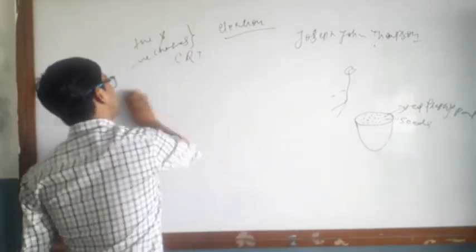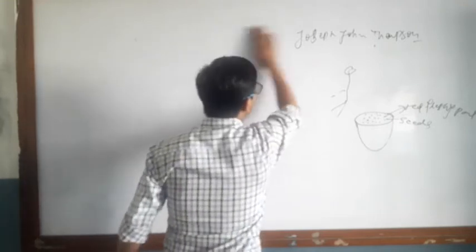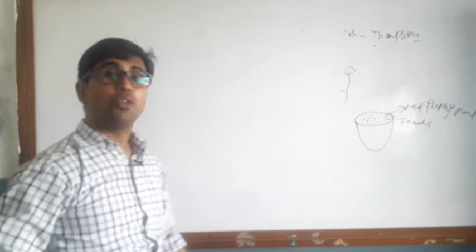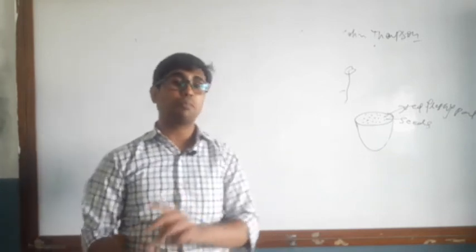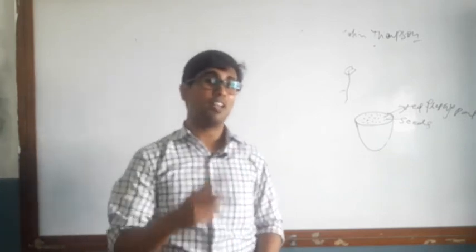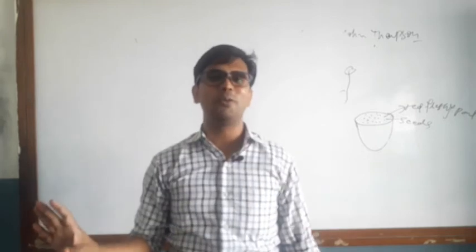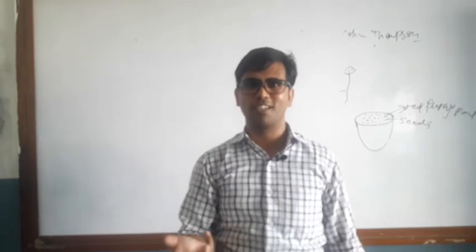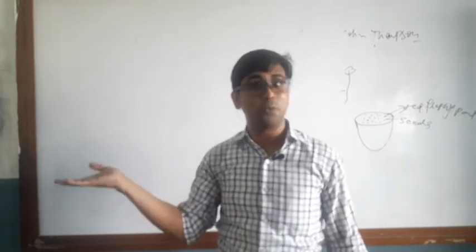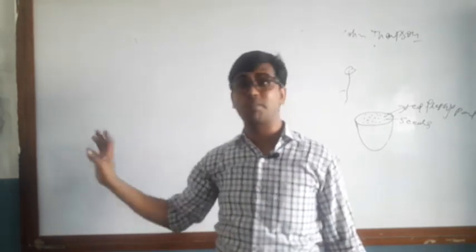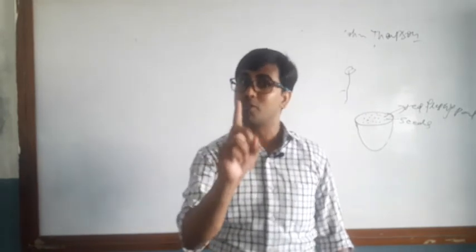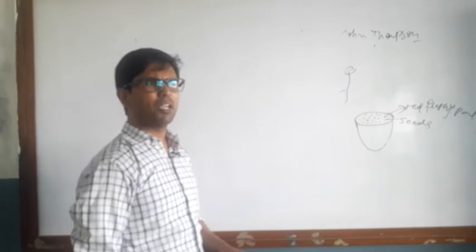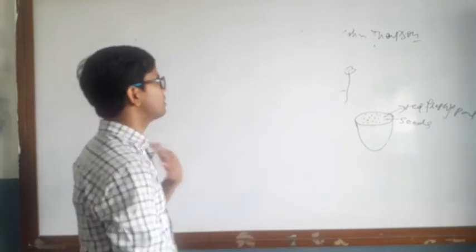He was the first who told the world that the atom by which we all are made up of is actually composed of two different charges, positive and negative. No one knew even after 20-30 years that even neutron exists. It was James Chadwick in 1932 who said after lots of experiments that yes, neutron exists, but there was also the role of Rutherford. So we will see one by one, not all at once.